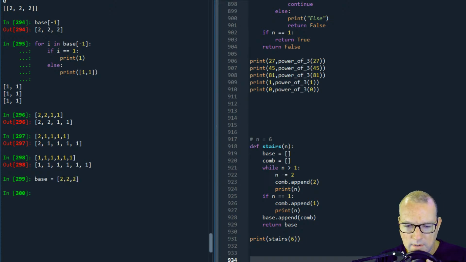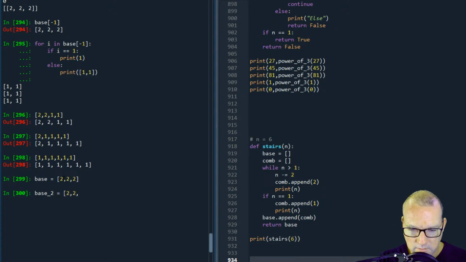So then I need, let's think about this. So the next one, base 2, is I need it to look like this. So I need to slice the base. If base minus 1 equals 1,